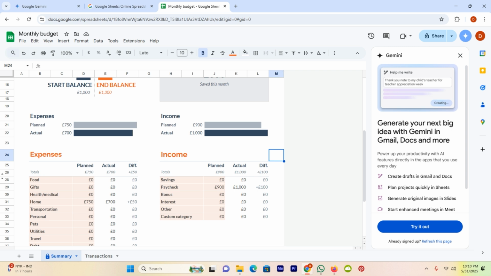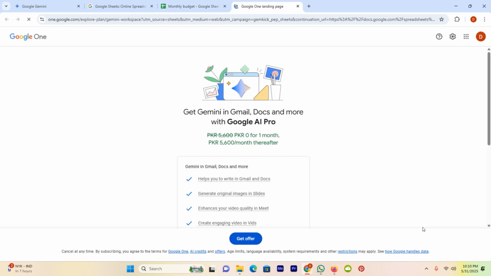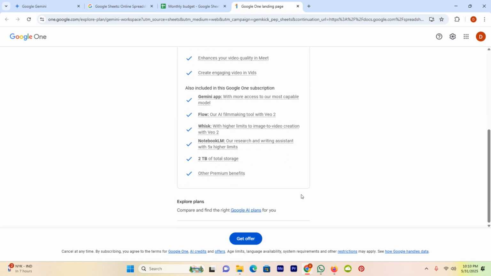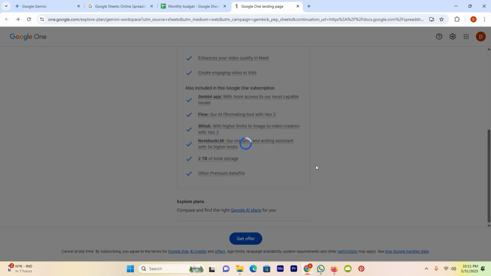Now, here you can see, generate your next big idea with Gemini in Gmail, Docs, or more. Here you will see some more things. In order to try it out, I need to click here. So it means in order to use it, I have to purchase a plan of Google Gemini. If you want to purchase, click on the option Get Offer, click on the option Agree, and